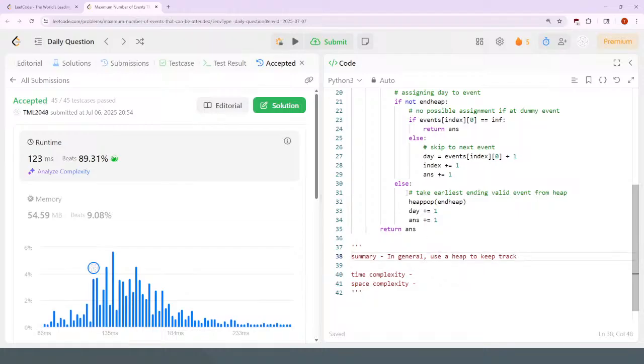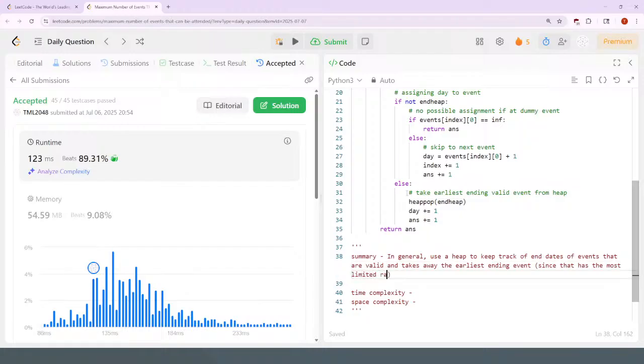In general, use a heap to keep track of events that are valid. Keep track of end dates of events that are valid, and take away the earliest ending event, since that has the most limited range